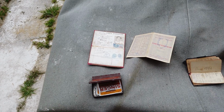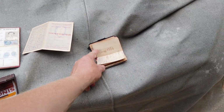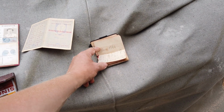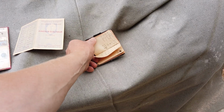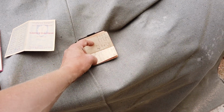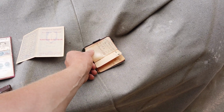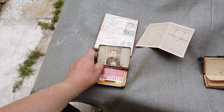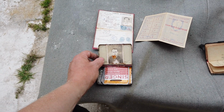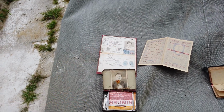In there is a carte d'identité, a carte de lecteur, and then this little diary dated year 1934, and inside is a list of local towns and a list of road names in the local town, and then some figures. And then there's a tin of pastels, and then someone's face, and then a carte d'identité dated 1912,